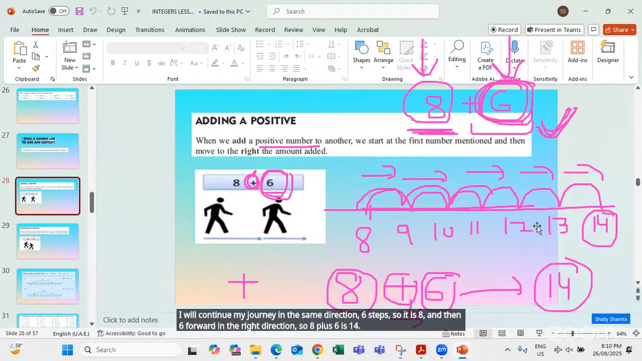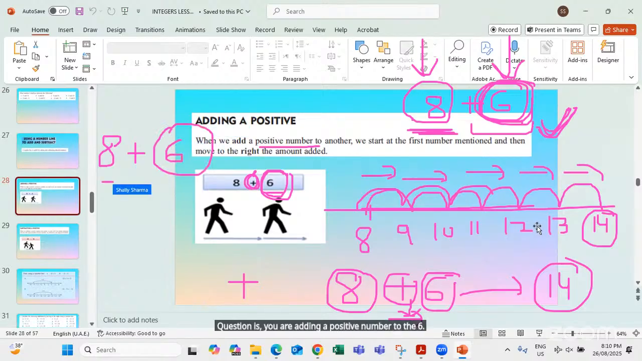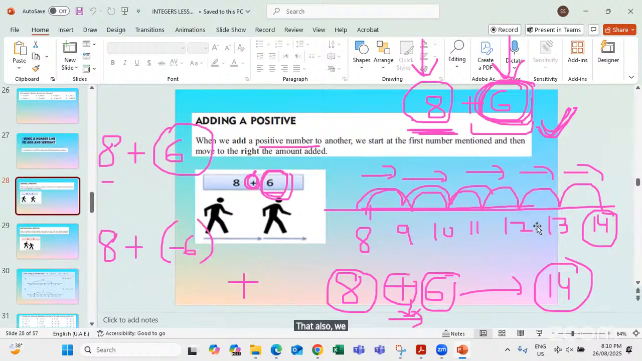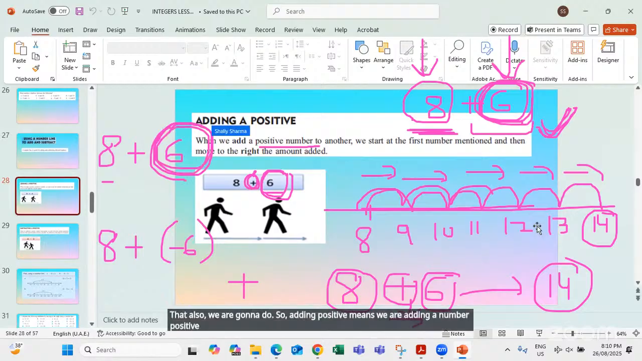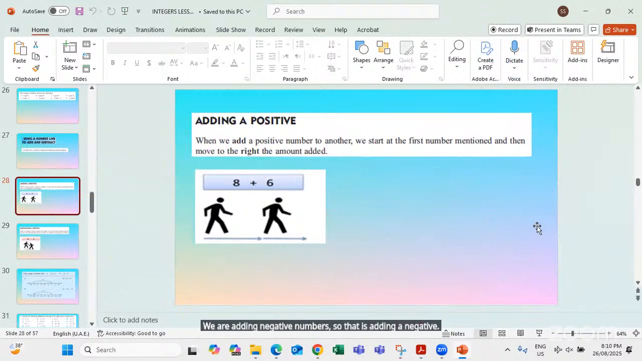I can do it without even the number line. But initially you need to practice in both ways. The question is, you are adding a positive number to 6. We will also be doing the questions where you are adding a negative number to 6. So adding positive means we are adding a positive number like 6 to the number. We are adding a negative number, so that is adding a negative. For example, now